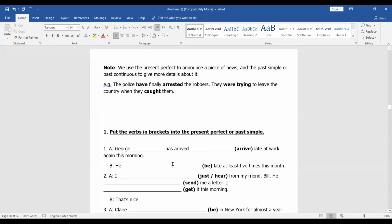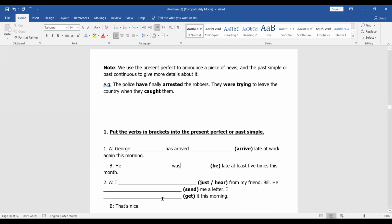Okay, he be late at least 5 times this month. So he was late at least 5 times this month. I just hear from my friend Bill. He sent me a letter. I get it this morning. I just hear, so it's present perfect. And what are we going to put just? Excellent, between the have or the has and the past participle. And I have just heard